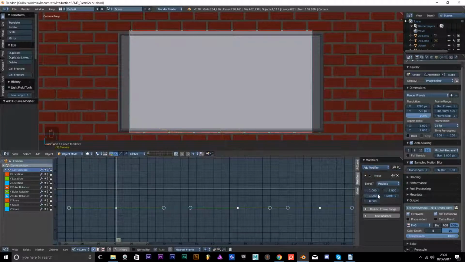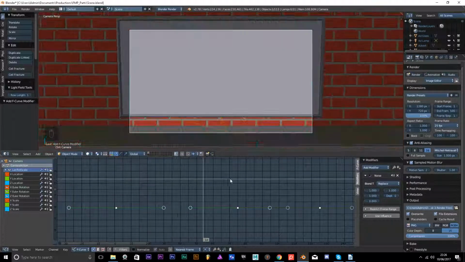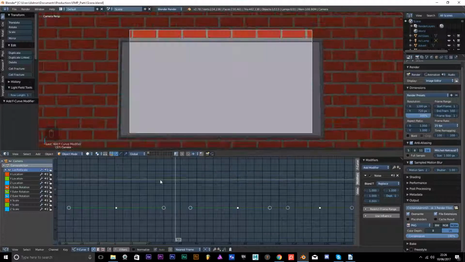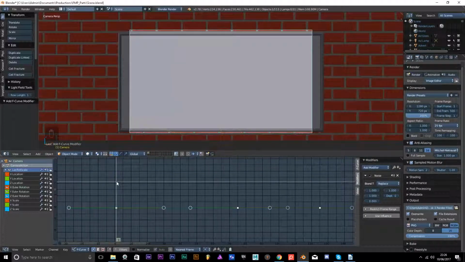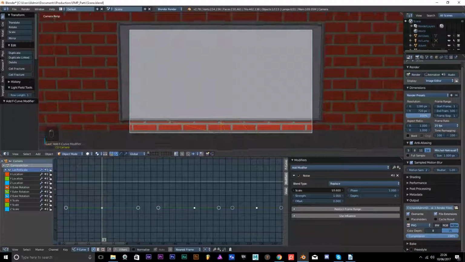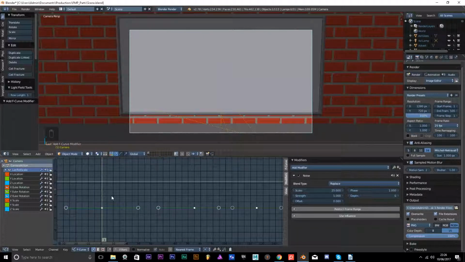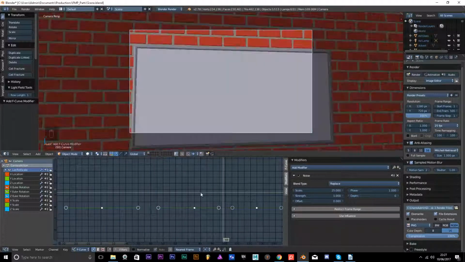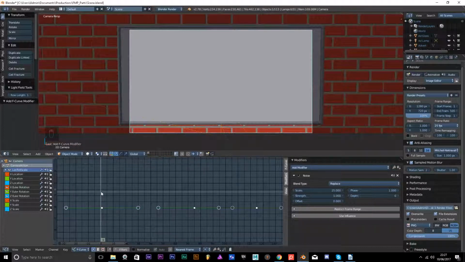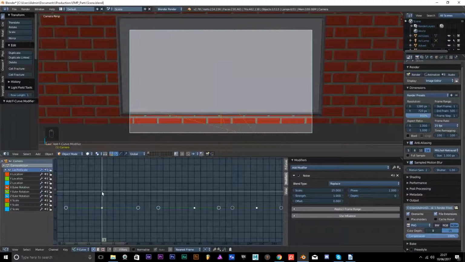So if I click on noise and I start moving, as you can see, the camera is wobbling astronomically. That is because of my noise. I can adjust its scale, which means I can make it so much. I'm going to make that 25 actually. So as you can see, if it's 25, it is a lot more. It's not as bouncy, but it's going up and down a little further.